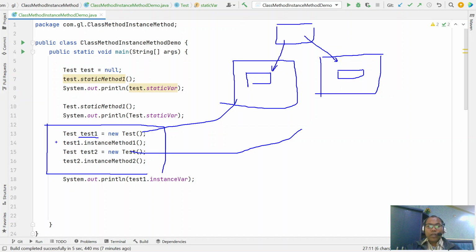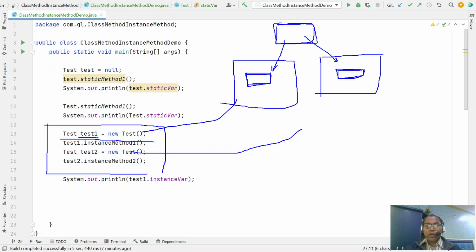So whenever you are creating an object of the Test class, which has some static variables and some instance variables, the static variables are shareable, only one copy is created. But all the instance variables are per object. According to the number of objects you create, a new copy is created.